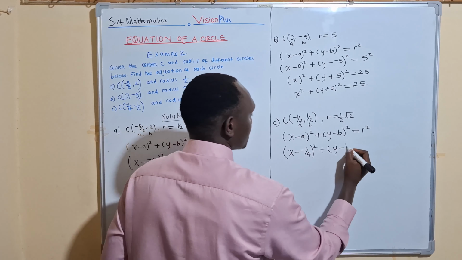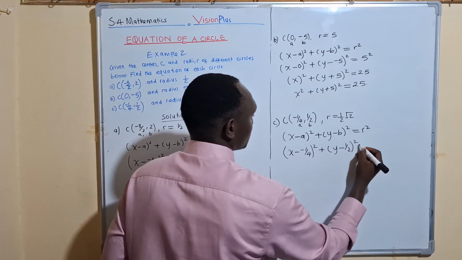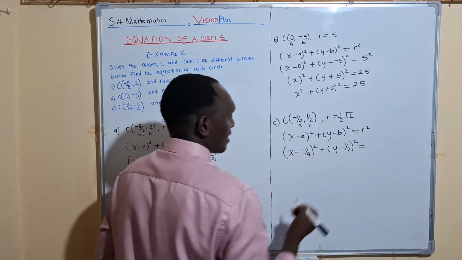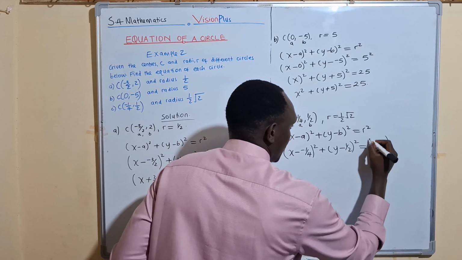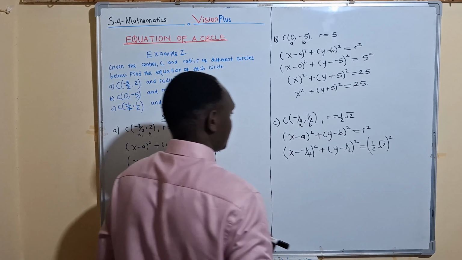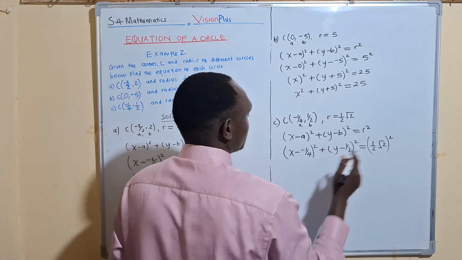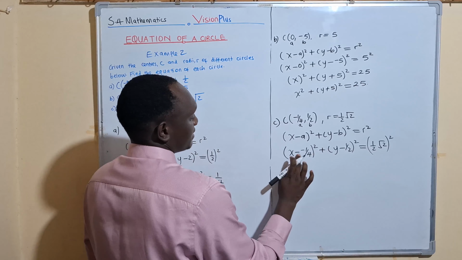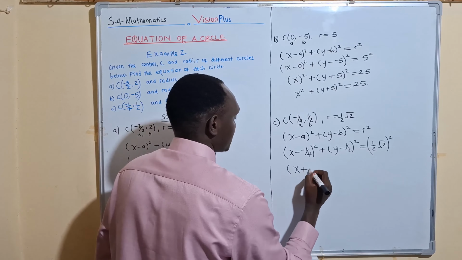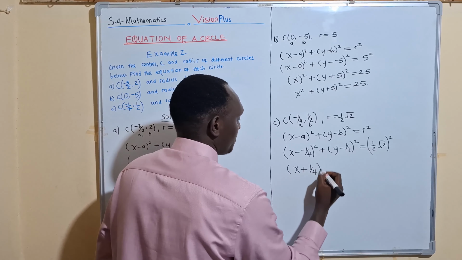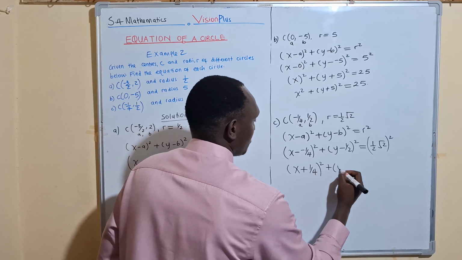What is b? B is a half. Positive. Squared equals to, what is r? R is a half root of 2, but we need to square r. Put it in the bracket and square it in that manner. So these negative signs are going to interact and we get x plus 1 out of 4 squared plus